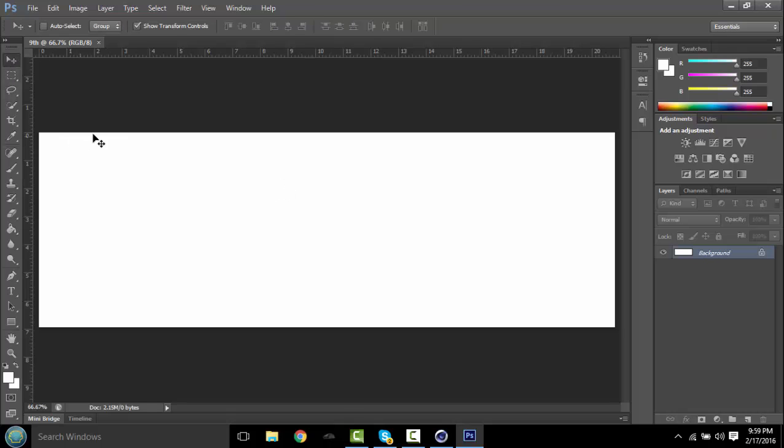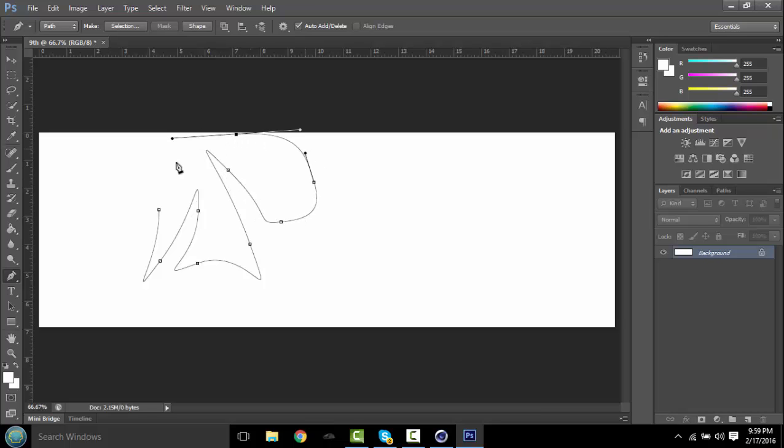So essentially what you want to do is either make your own logo, just using the pen tool and stuff. Make sure it's on a new layer though, not on the background. You just want to keep the background, but yeah, you just want to make a logo. If you already have a logo,